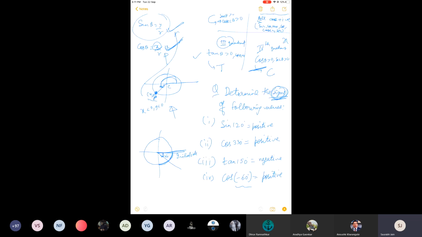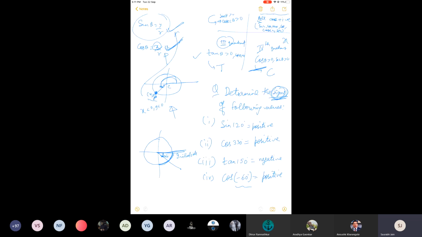In each quadrant, like 0 to 90, 90 to 180, what is the length of the interval? Or what is the length of the whole quadrant? It covers angles till 90-degree magnitude, like 0 to 90, 90 to 180, 180 to 270. So we are merely rotating by 60 degrees, from the initial side in the clockwise direction, and this will be the required angle. Now you can write minus also, and clearly you can see that this angle is in the fourth quadrant, right?